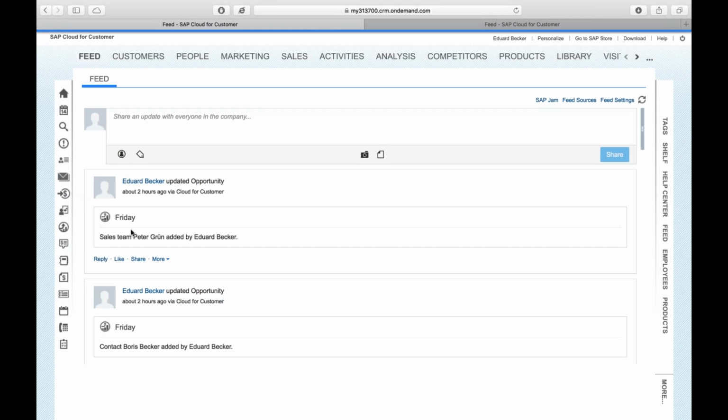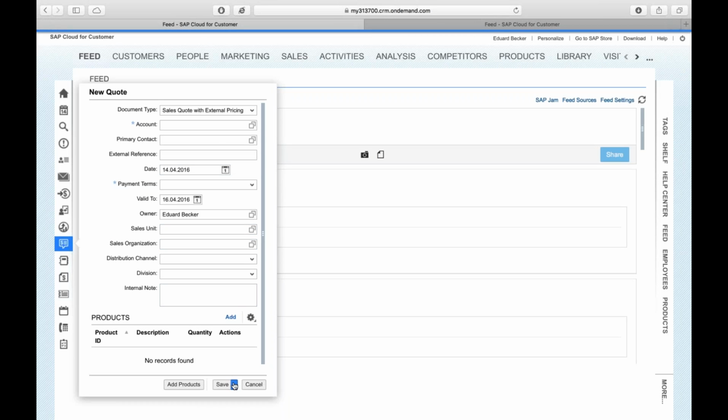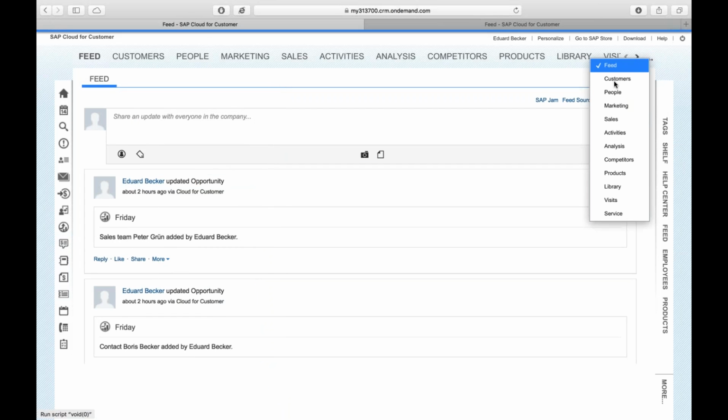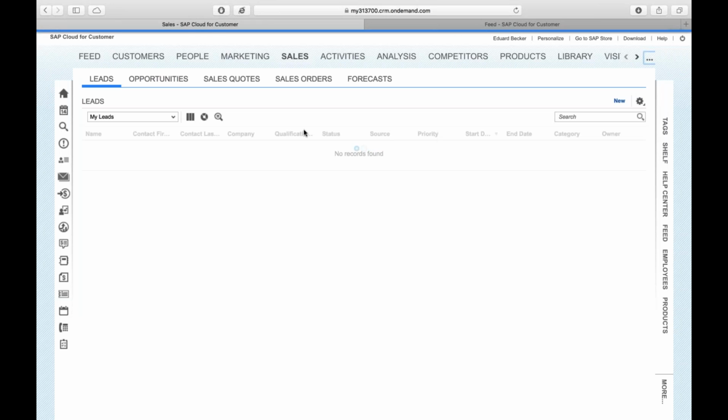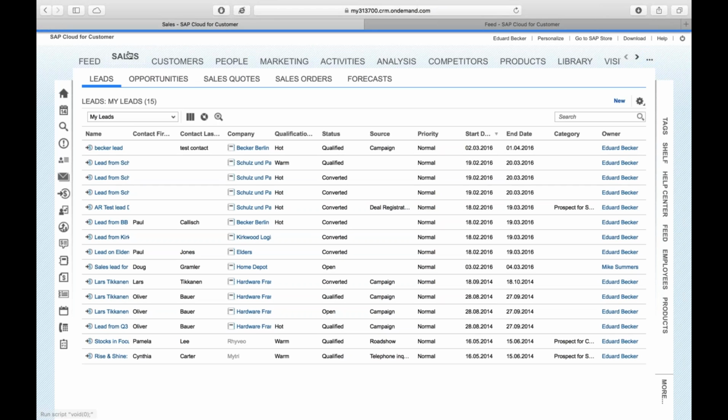All the business objects which I'm authorized to create will have their own quick create buttons on the left-hand side. I can just quickly click on them, put in all the relevant information and save them. Depending on the authorizations I have, I'll see different tabs on top here, and I can rearrange them the way I want.